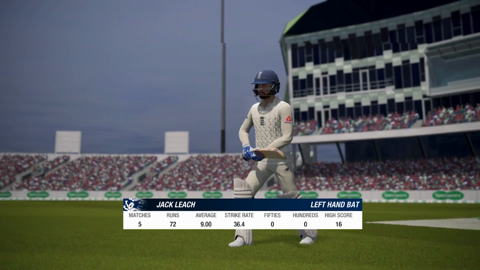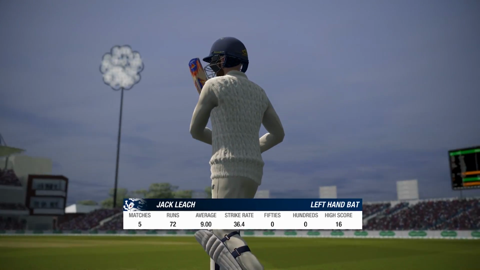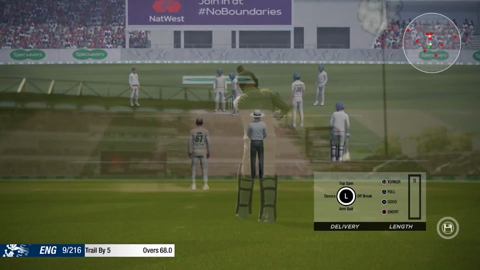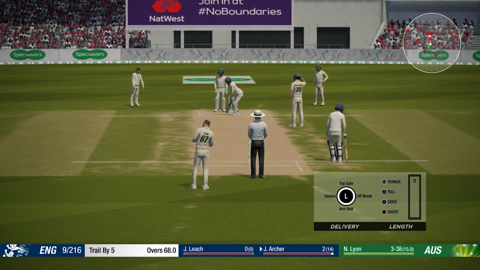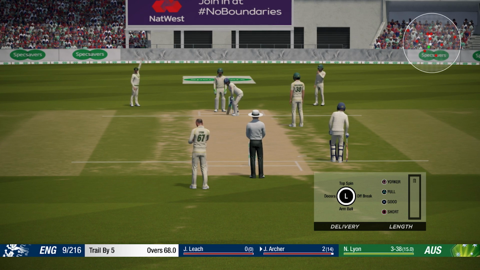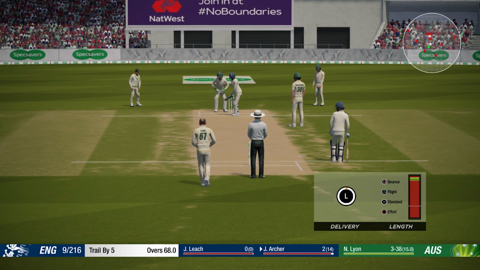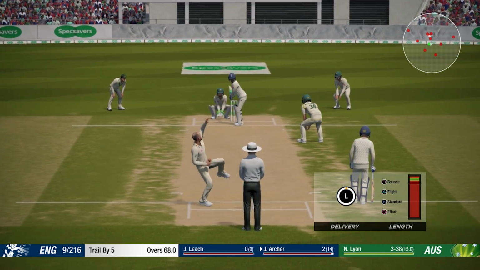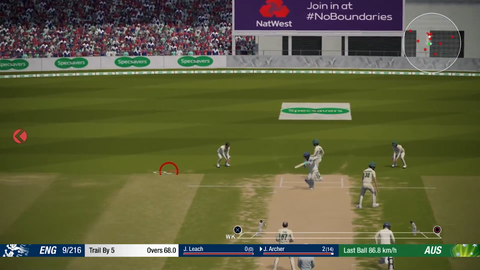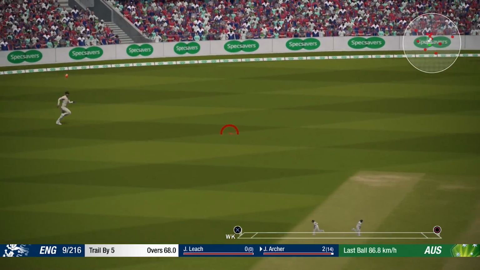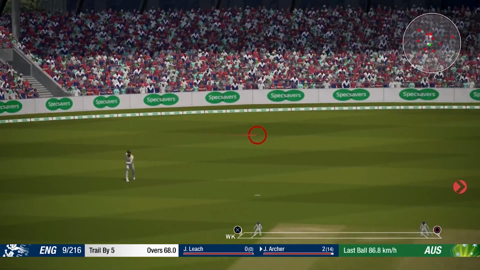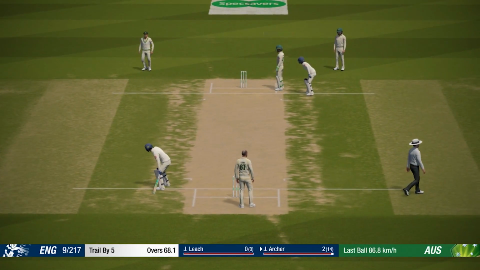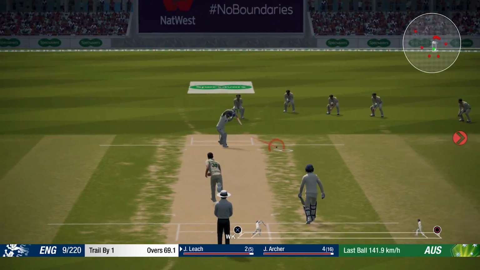Jack Leach to the crease, and he has not hung around for very long when he has come in. Nathan Lyon has dismissed him a couple of occasions in this series so far. He's the one bowling right now. Jofra Archer on strike. Nathan Lyon. And he gets an outside edge. So they'll get away with a 1 here. The lead of Australia's just down to 4. It's down to 1 now.